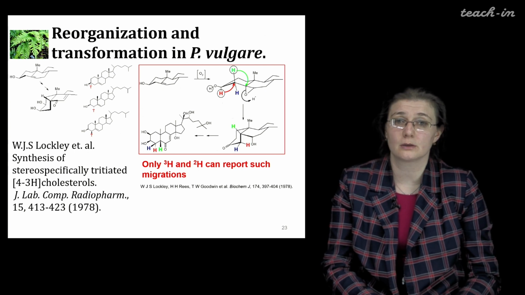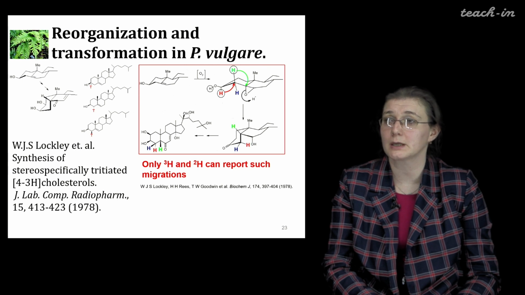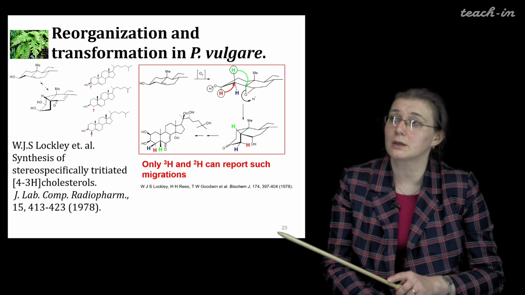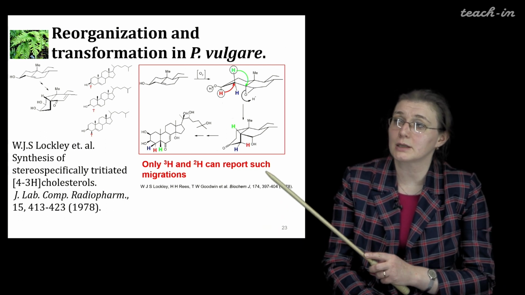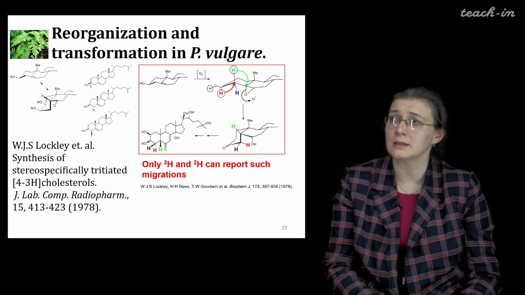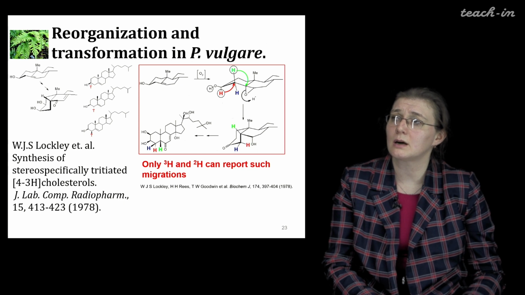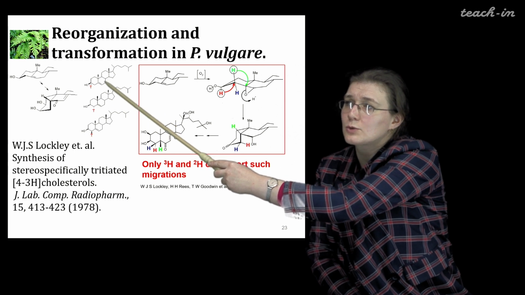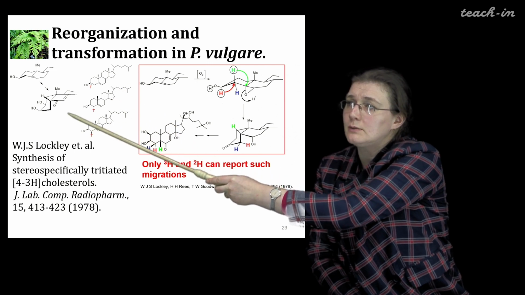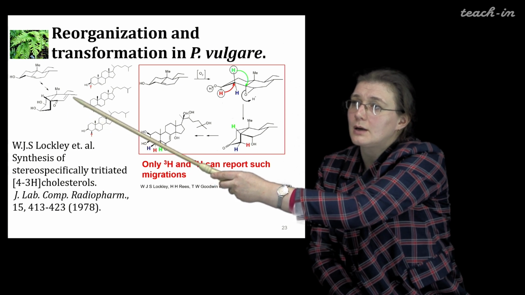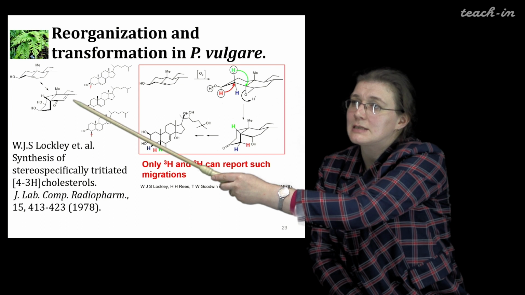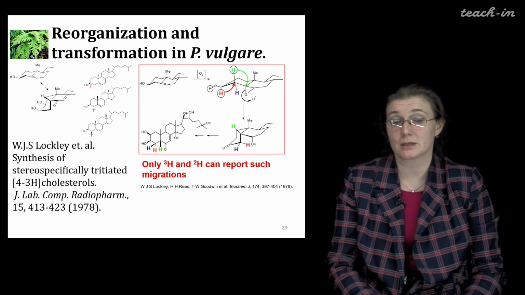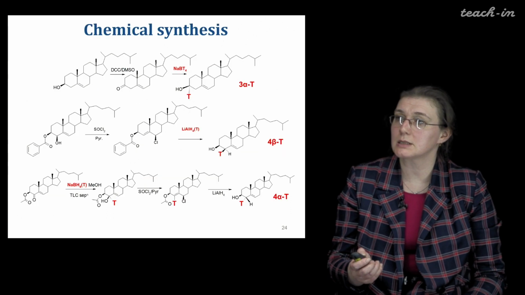For deuterium, he used mass spec to analyze the distribution of deuterium in his other works, but directly from this study he analyzed how such a cholesterol molecule is transformed to that one in its reorganization in plants. So he synthesized